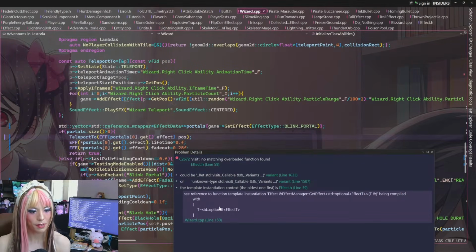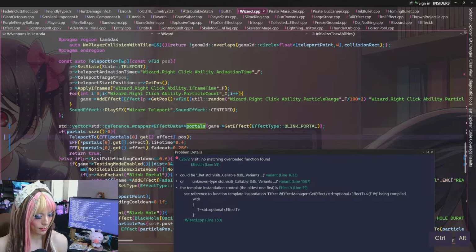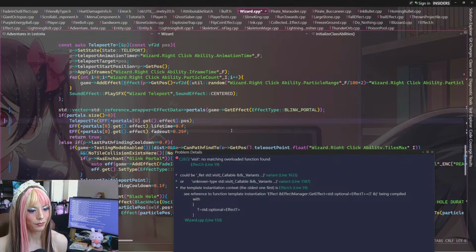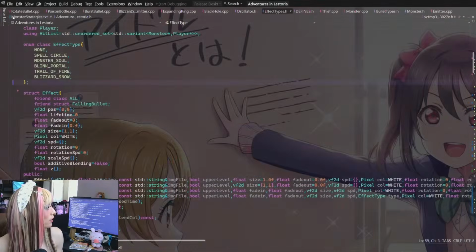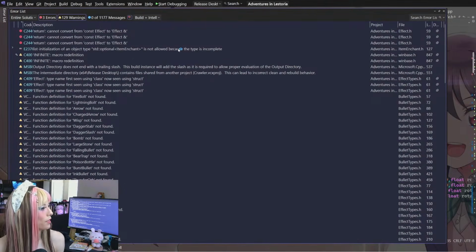With T being standard optional, uh-oh. I don't think I accounted for the optional here, so let me get rid of that. Yeah, it looks like I just missed that, which is kind of silly. Is there anything else? Then I have this.